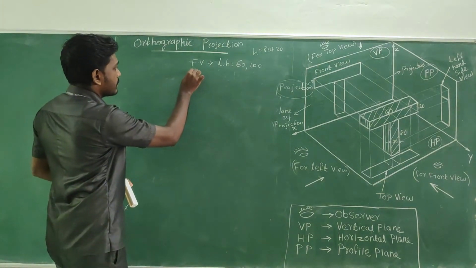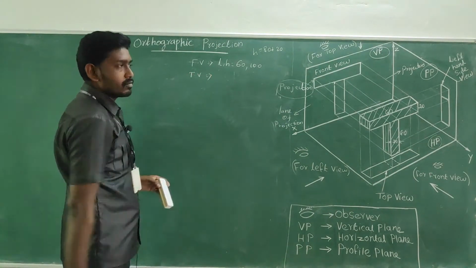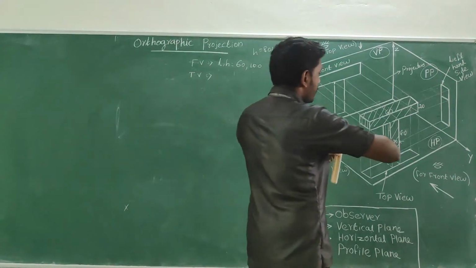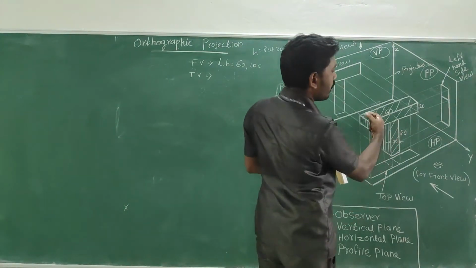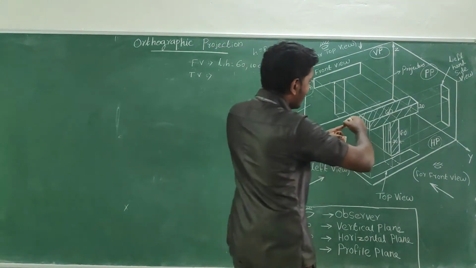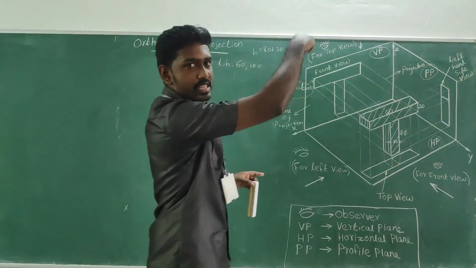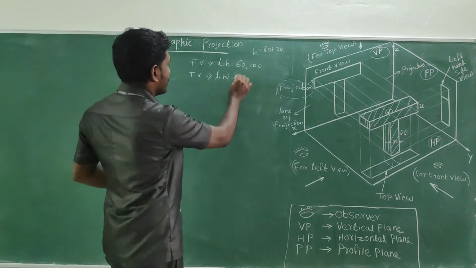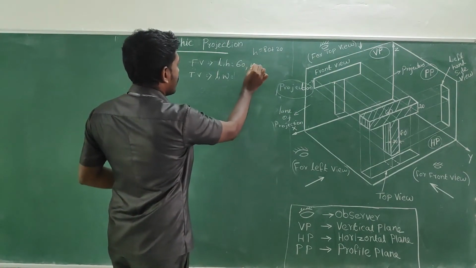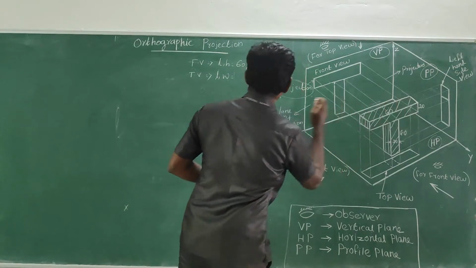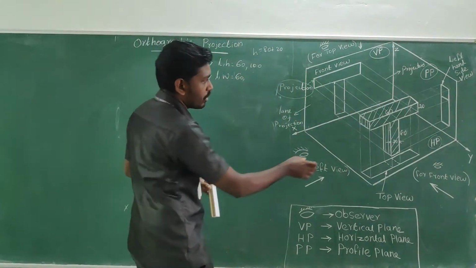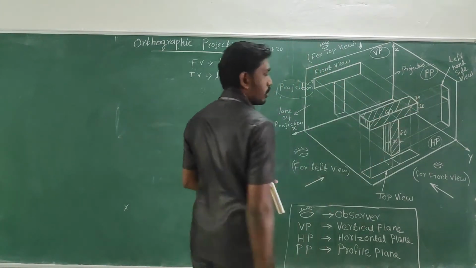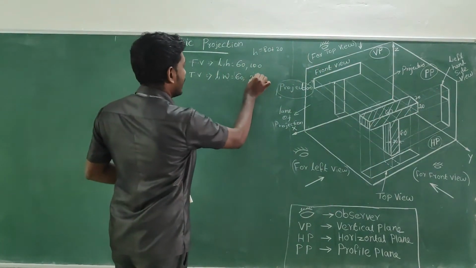And what about the top view? If you look from the top, the length of the object and width of the object can be seen. Length and width, right? So what about the length, which we have already captured, that is 60. And width of the object, here 20, here 20, and the width is 20. Okay, take it as 20. It is given.